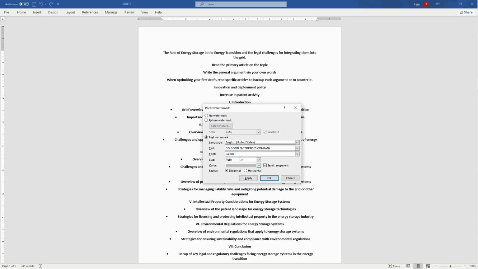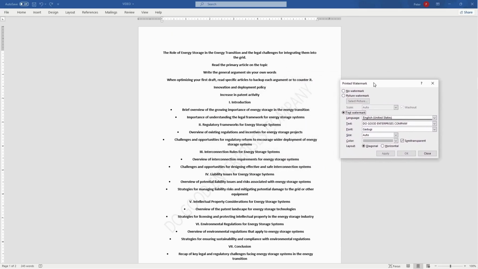So you choose the font you want. Let's say I choose Portuguese. Then the size, if you want to make it a big size, I just go for auto. Then semi-transparent or transparent, depending on your choice or taste. So if you use semi-transparent, that's how semi-transparent looks. Then if you use transparent,